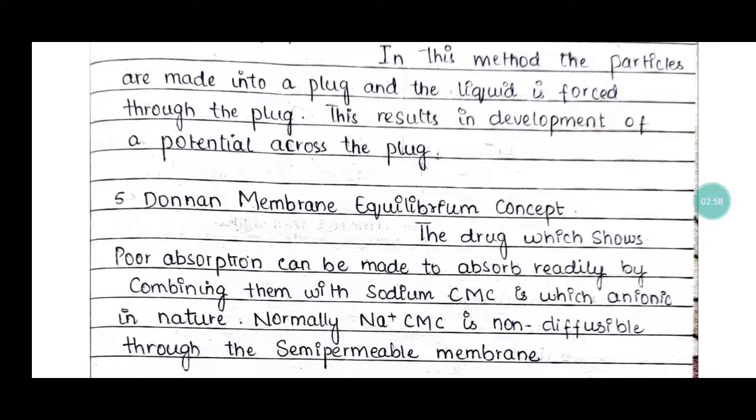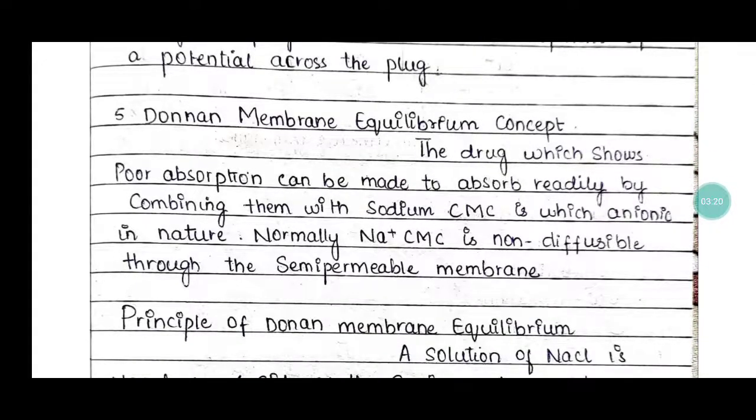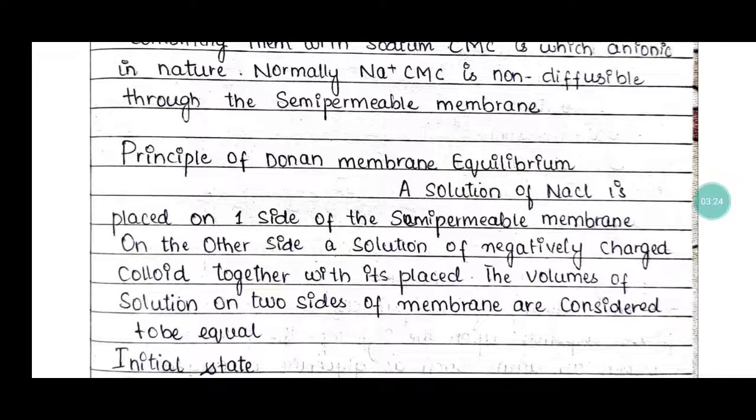Number 5, that is the Donnan membrane equilibrium concept. A drug which shows poor absorption can be made to absorb readily by combining it with sodium CMC, which is anionic in nature. Normally sodium CMC is non-diffusible through the semi-permeable membrane. The principle of Donnan membrane equilibrium is that a solution of sodium